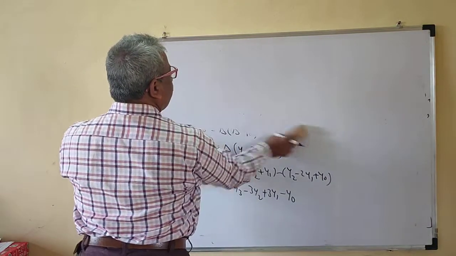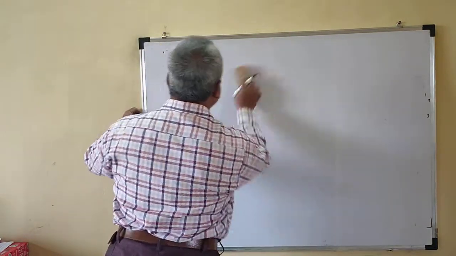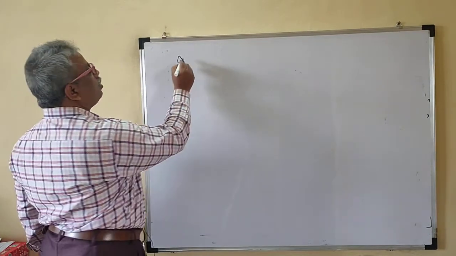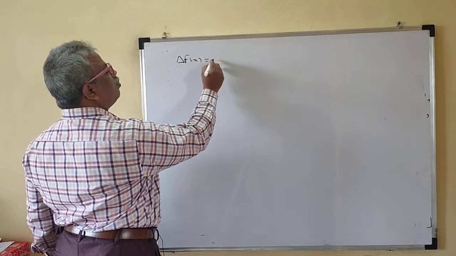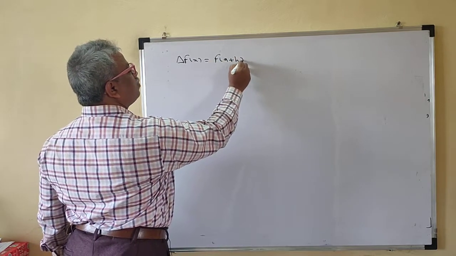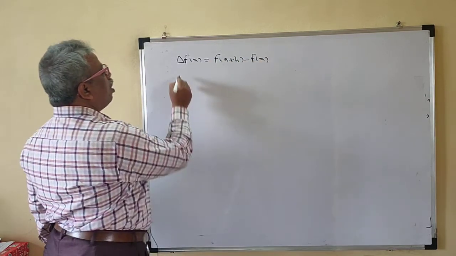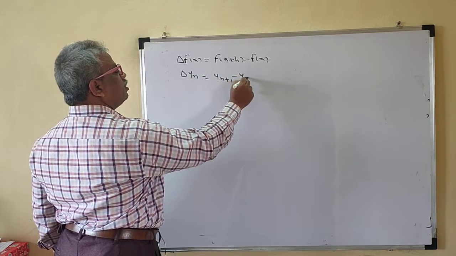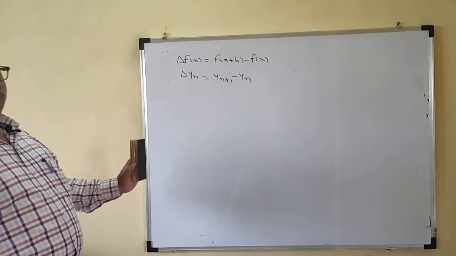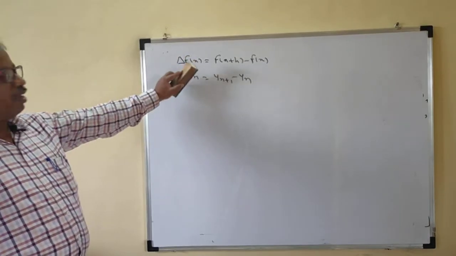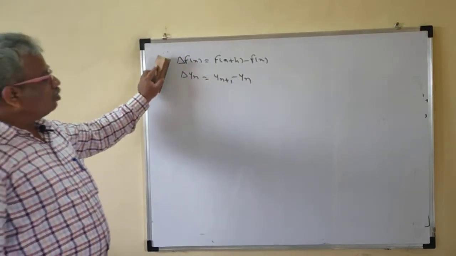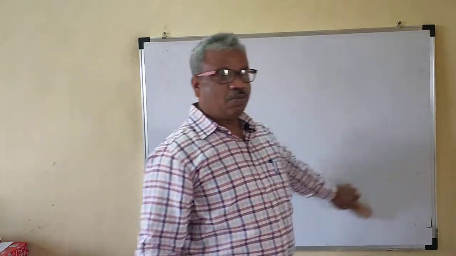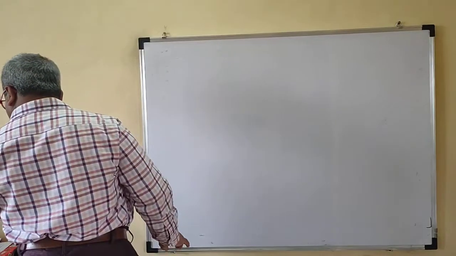So this is just a definition of the operator now. Okay. So if the question asks like this, define the operator delta, just define it like this, any definition you can give. This is F of x plus h minus f of x. Or you may define like this, yn plus 1 minus yn. If they want it on f of x or on suffix, you can apply both formulas. Both are the formula for the forward difference operator. Okay. So now